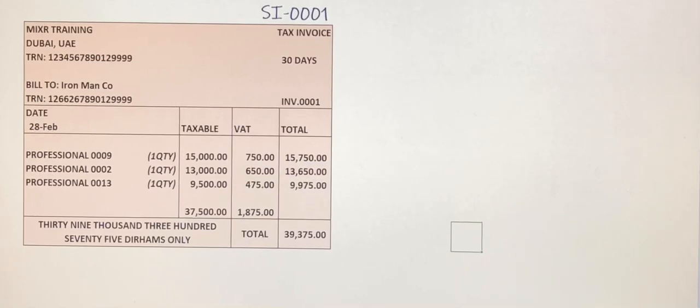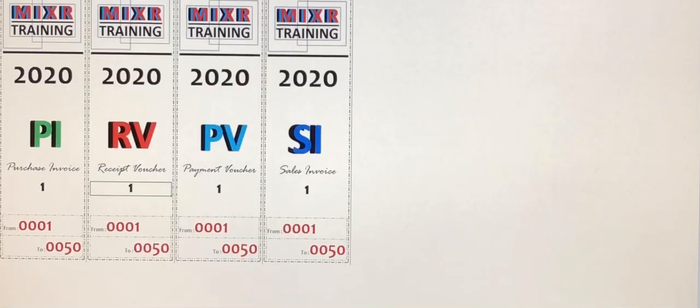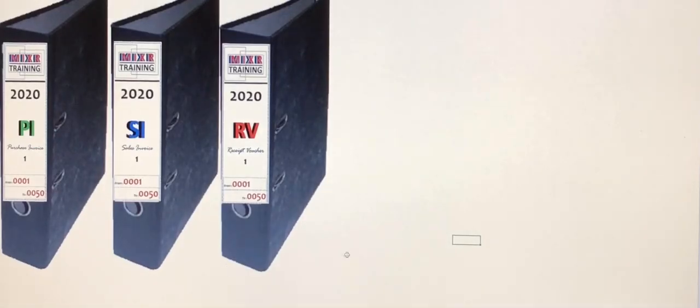But before that, since we have a new label, sales invoice, then we will make like this. The first box of a sales invoice, we'll cut this and paste it in our file box like this. Alright,